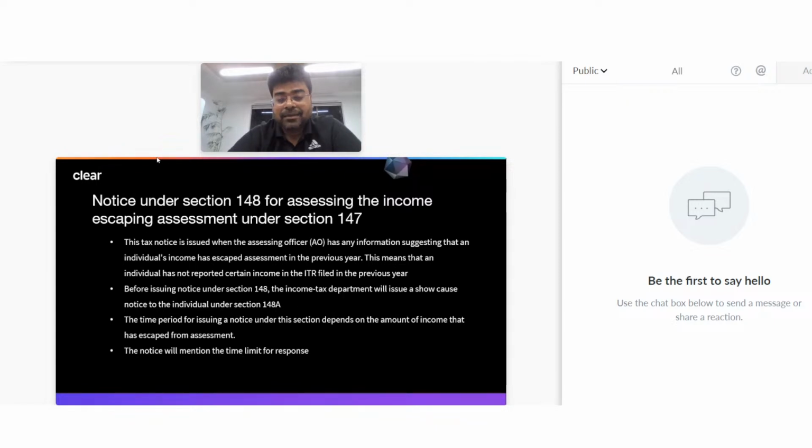before starting the proceedings under 147, the department is supposed to give you an opportunity of being heard, right? And that opportunity of being heard is given to you by issuing another notice under section 148A, right? So in this, the department will let you know that they have got these findings, right? They may inform you that they have a finding of